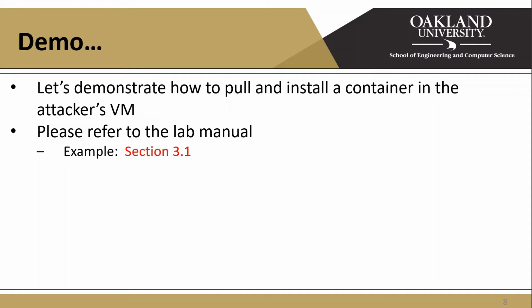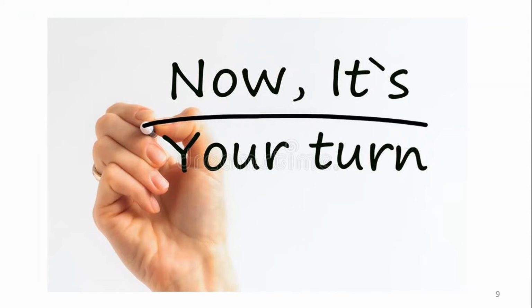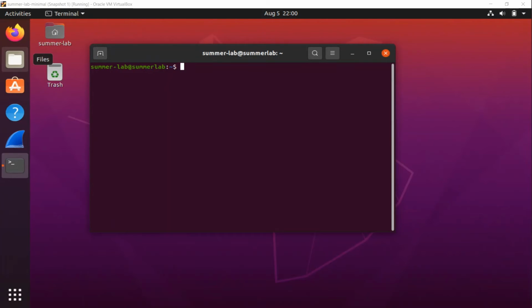Now we're going to go through a demonstration of how to pull and install a container into the attacker's VM. This will be the lab manual section 3.1. For our example here, I have a virtual machine set up. This will be our attacker virtual machine for the lab. You have to make sure that your attacker virtual machine is set up on the same subnet as your victim virtual machine. So we begin by pulling the